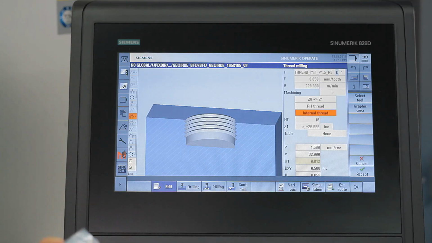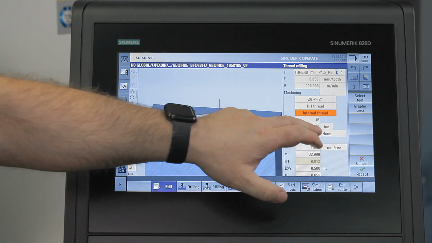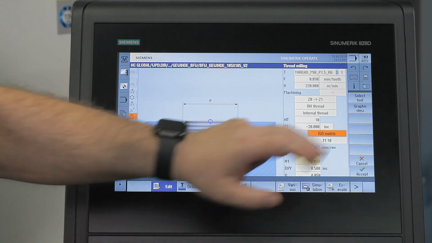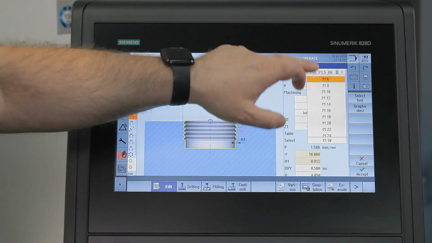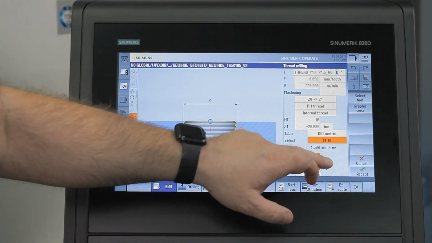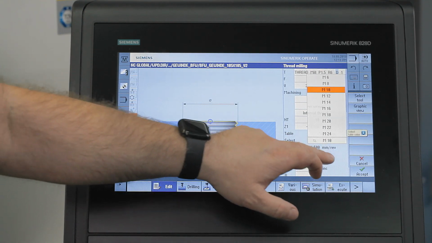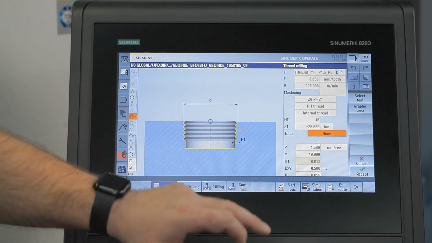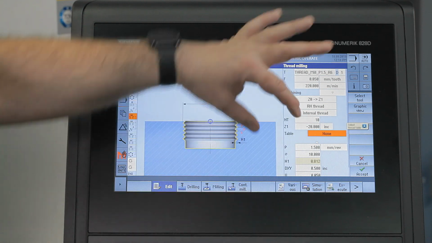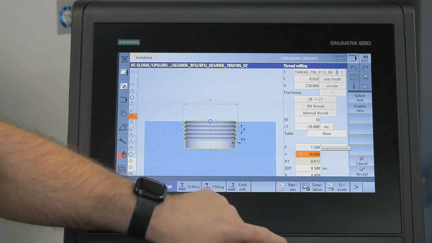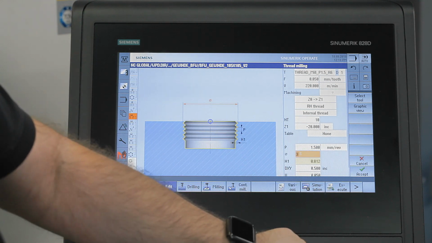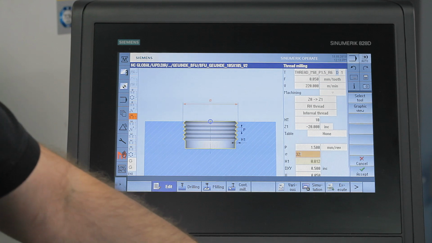The M32 by 1.5 thread is a fine thread rather than a standard thread. It's not possible to select our isometric table here simply because the thread is not featured in the pull-down menu. We therefore select No Thread and enter our values: pitch 1.5 and consequently nominal diameter 32 as the diameter.